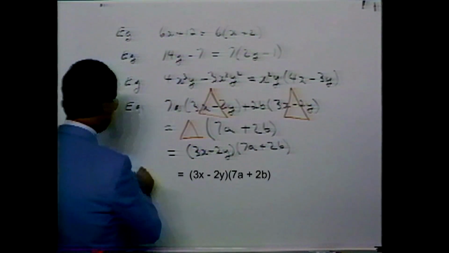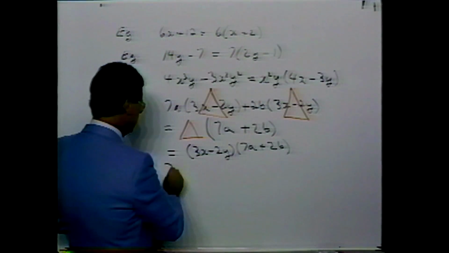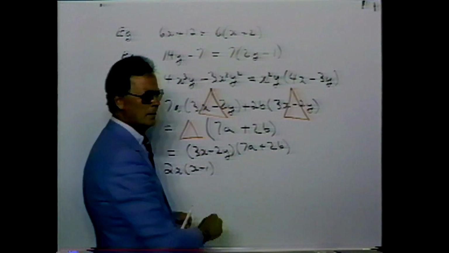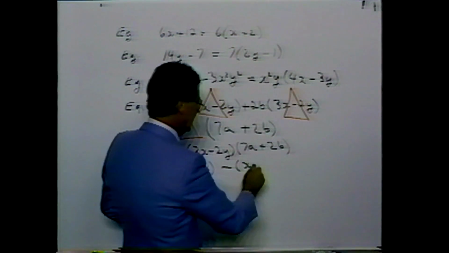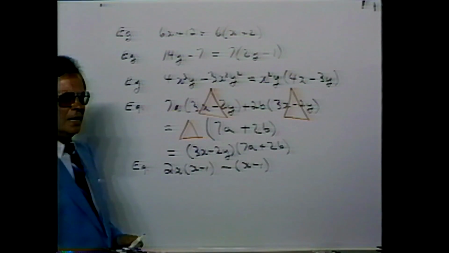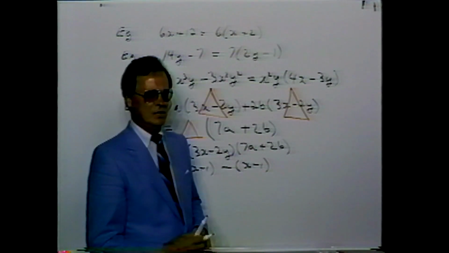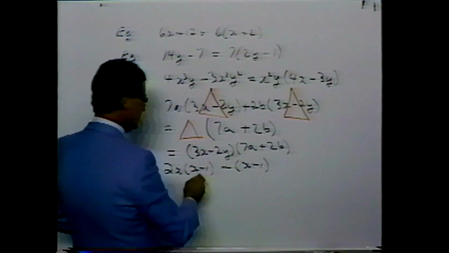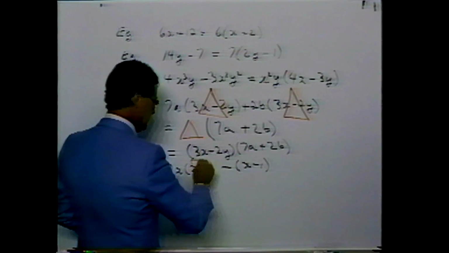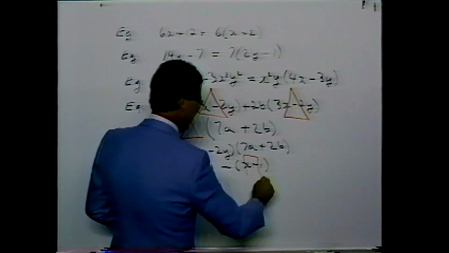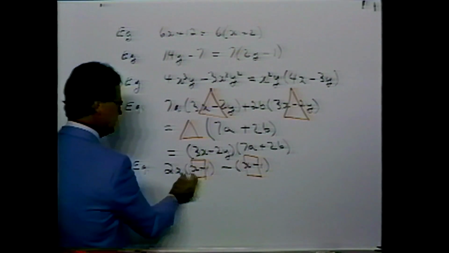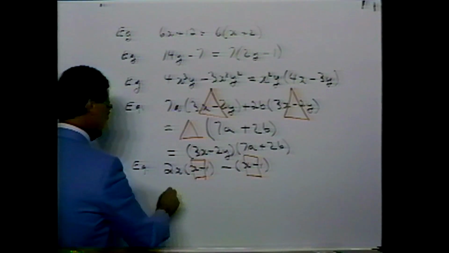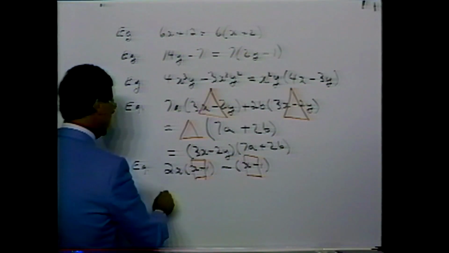Another example, we have 2x multiplied by x minus 1 minus x minus 1. Notice we have the same kind of expression as I've just done. If you like to think of the part in brackets here as some other quantity represented by a single symbol like this square, then this square is a factor common to this term and that term. If you take the square out as the common factor,